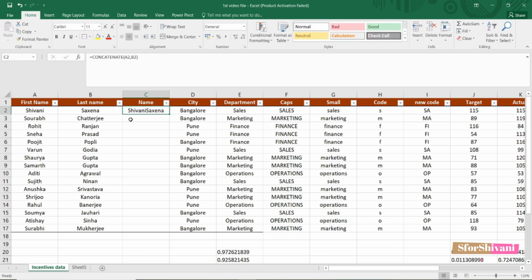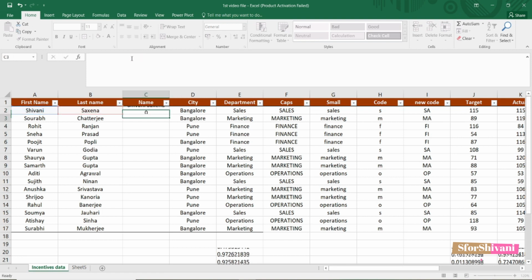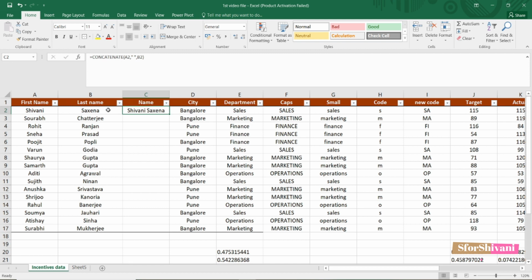Now what it has done is, we didn't add any space in the formula. That is why it has merged the two names. Now to add space, like I've said earlier, if you're working with anything apart from numbers, you have to use the quotes. So I'm adding a quote, then pressing space, quote, and adding a comma to separate the three things, and then pressing enter. And now it has space.